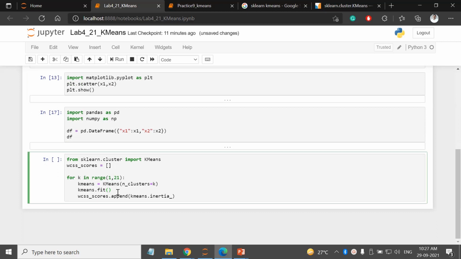I can give that table to the k-means fit function, so that object will fit that data. K is varying, so I will be getting 20 inertia scores. As discussed in yesterday's class, the inertia score will decrease, and I am storing that score in wcss_scores. So let us run this.